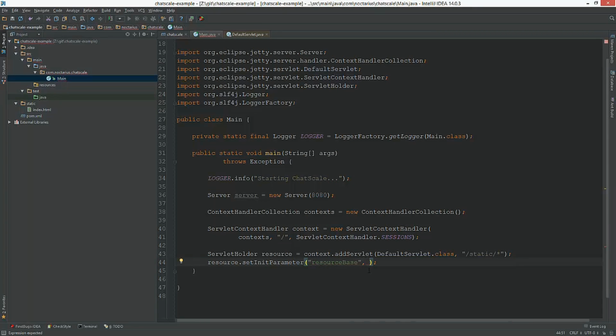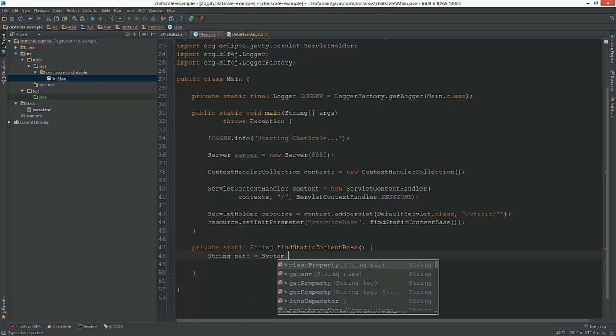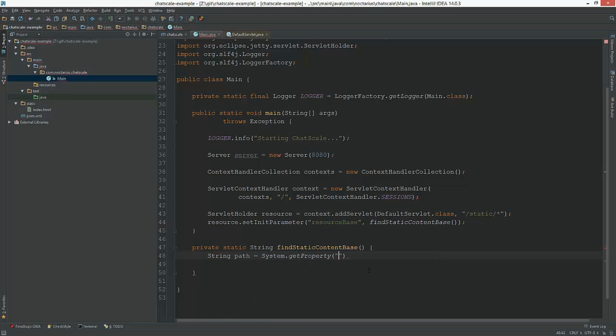and we will implement find static content base. We will add a method to figure out where we want to go. Let's create it first, and we can do it like we have a basic path, and we ask the system get property for the current operation directory.